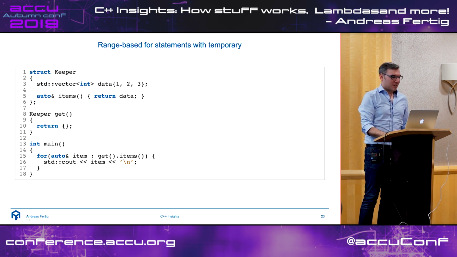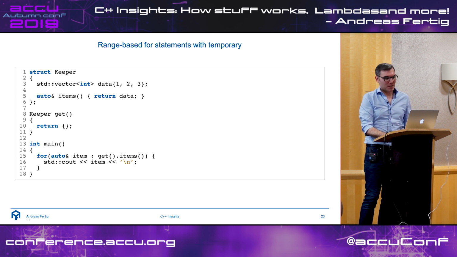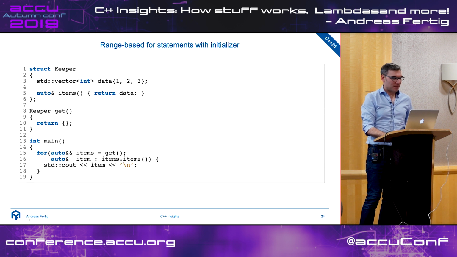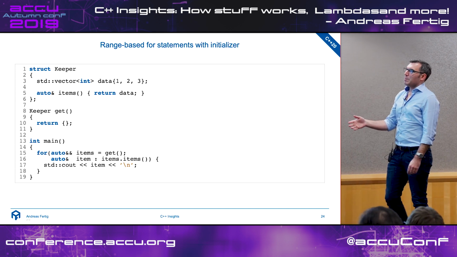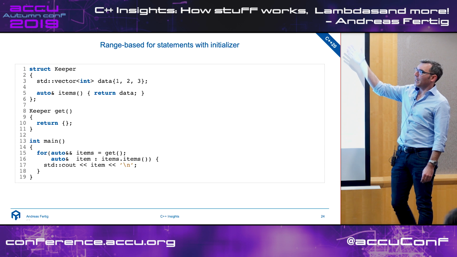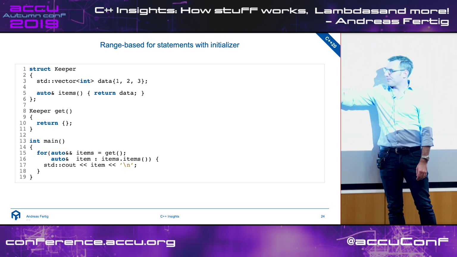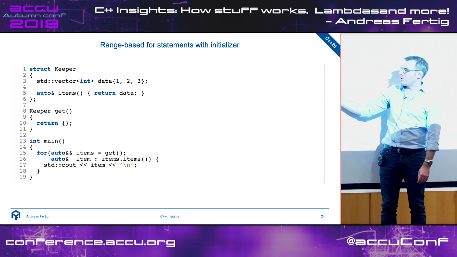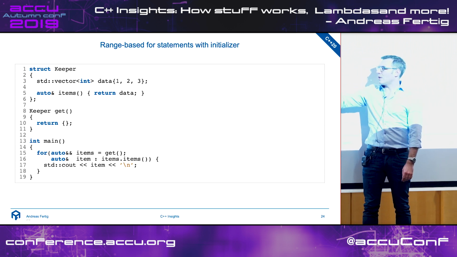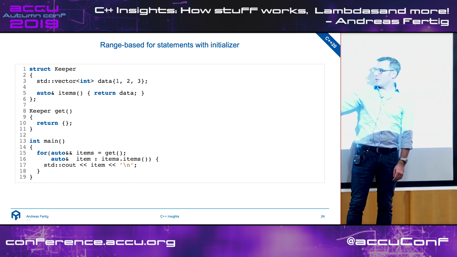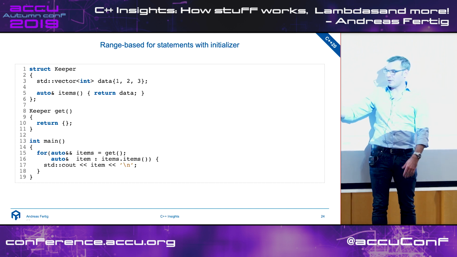There are ideas, I think, to maybe adjust this a little in a broader sense, but till we come to that, maybe with 23 or later, we can look at C++20. And C++20 comes with range-based for statements with initializers. And this is neat. Now I can say I have a range-based for loop, and it takes an initializer. It creates a new variable items of type auto&&, and there I call get. And now, in the rest of the range-based for loop, I can say items dot items. Sorry for the bad naming. Naming is hard.